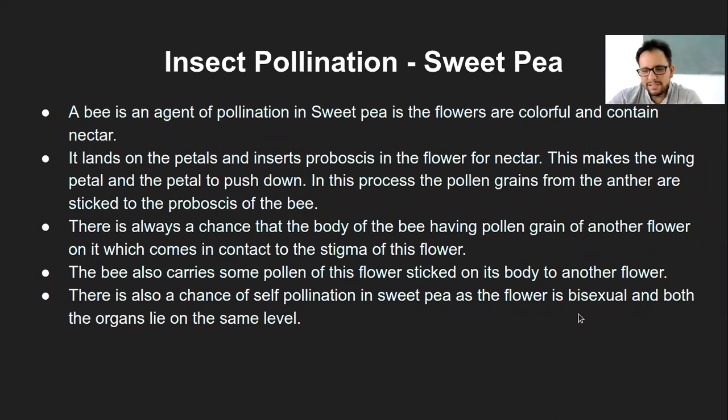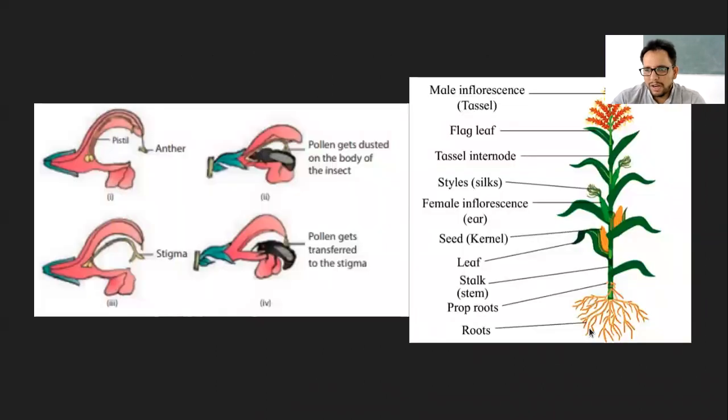So in summary, what you have to know here is that insect pollination happens in the sweet pea plant. There is something called the proboscis, which is sucking out the nectar from these flowers. Because of that action, the bee goes very close to the anther. The pollen grains will stick to the proboscis and the other body parts of the bee. They will be carried to different flowers, and that way the pollination will happen. This is the summary of whatever is written on this slide. I assume there are no questions there. If at all there are, please do ask.